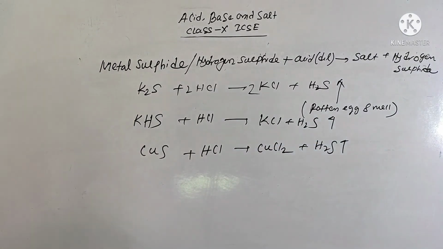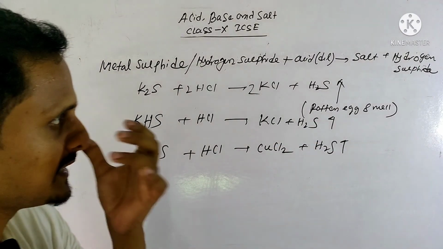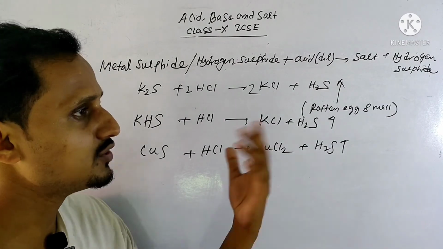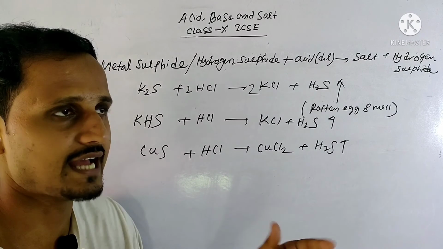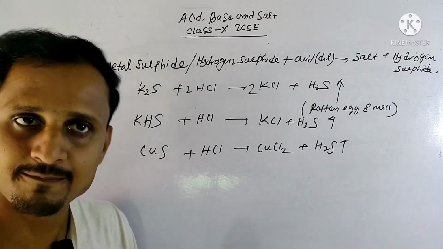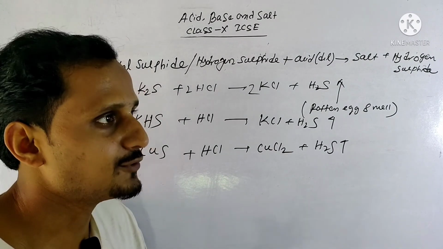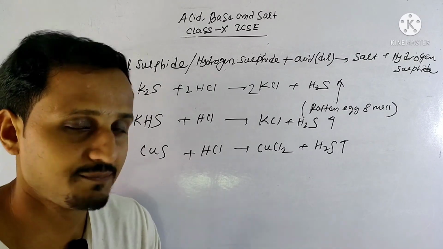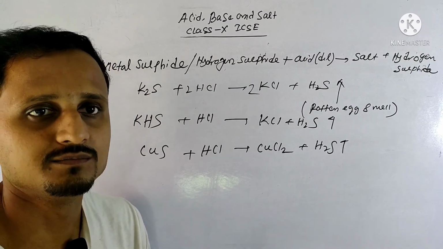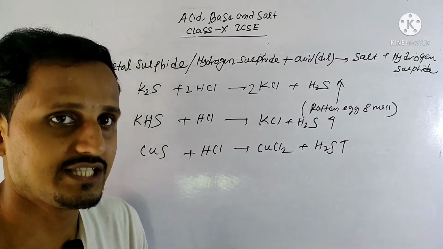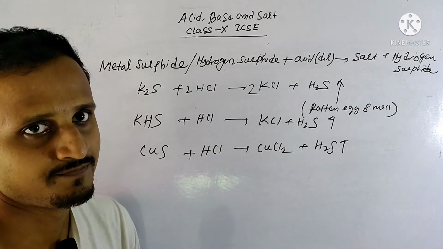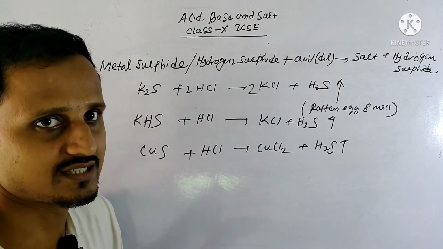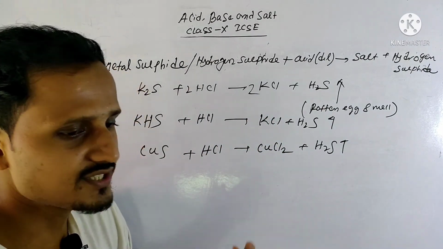Okay, done. So we have completed the reactions and the preparation of acids. The next video will be for reactions of bases and preparations of bases. After that we will discuss the whole properties of acids and bases and what other things are left: neutralization reaction, titration, indicators, pH. Those things will repeat. So today is up to this for acid base salt. In the next video in class 10, we'll discuss the other part.